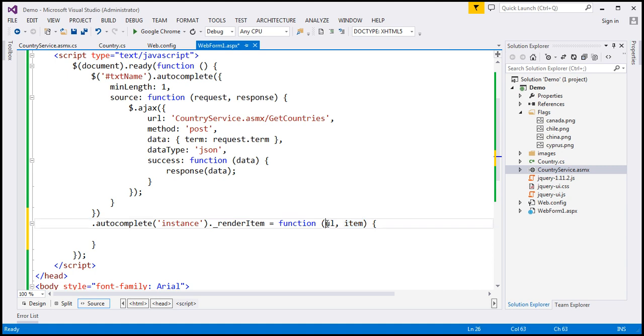And what is this unordered list? This is going to represent each item in the suggestions menu. So what we are going to do here is create a list item, and that list item will contain whatever HTML we want to display as a suggestion, and we want to append that to this unordered list and return that. So for that, first we need to create a list item. So I'm going to create a list item,